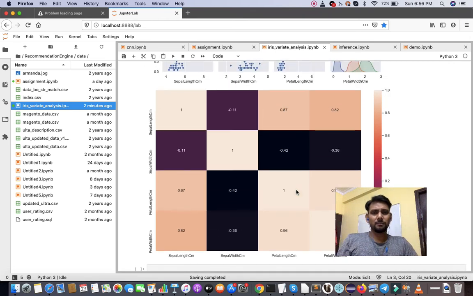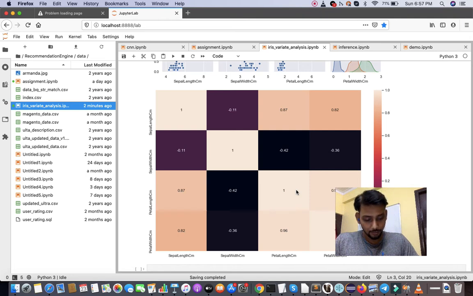So what is positive correlation, negative correlation, and no correlation? Suppose you have an equation like y is equal to 2x plus 3 or y is equal to 4x squared plus 5, anything, right? And y is the dependent variable and x is the independent variable. So what happens if you change the value of x? If you put a value of x in this equation, how does the value of y change, right?